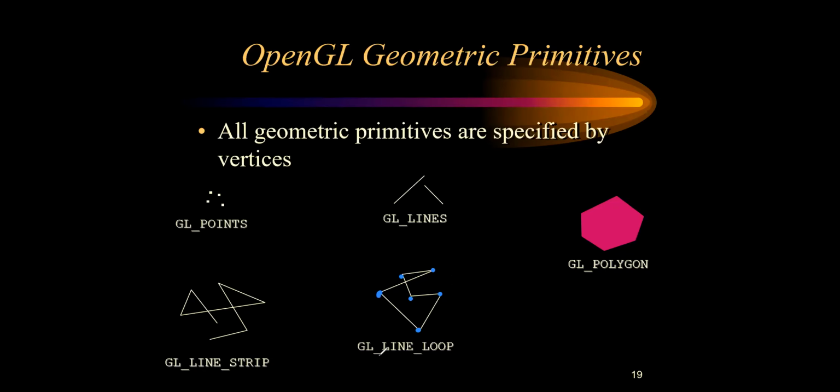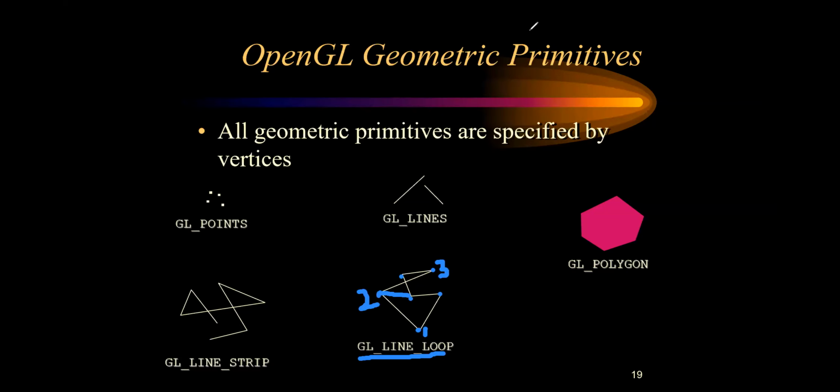As I have used GL line loop, all the points have joined. As I have given, this is the first point, so this is my second point. When I have written it, it has been joined from the first to the second. Then suppose I give this one as the third point, then it has joined with that. If I give this as a third point, then maybe the line could have come like this. So it depends on what basis you write your points. In that way it is going to join.